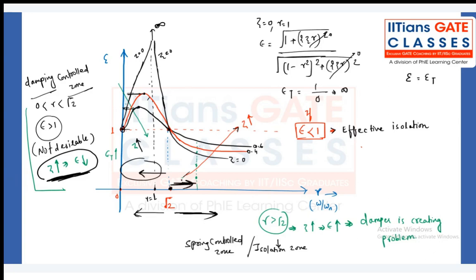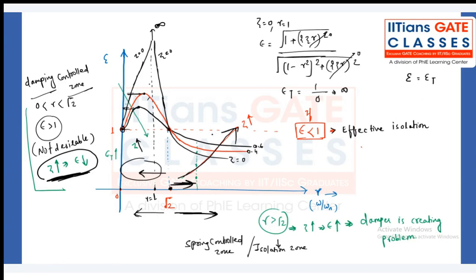Coming back to this zone, when I increase my zeta from 0 to 0.4 to 0.6, the transmissibility keeps on increasing, keeps on increasing. When the transmissibility keeps on increasing, that is not desirable. But this zone is a very good zone because in this zone,